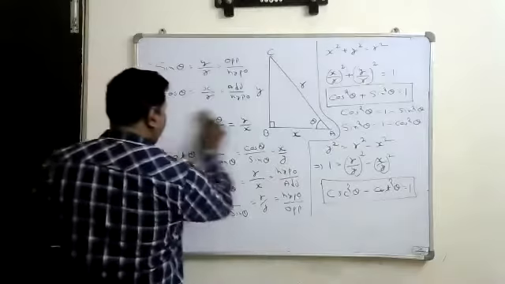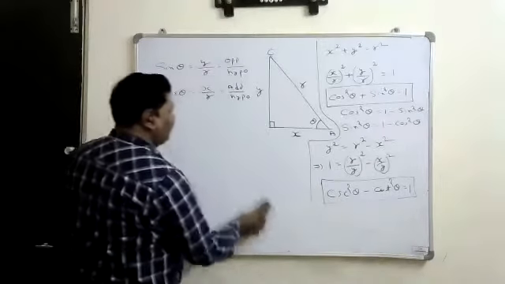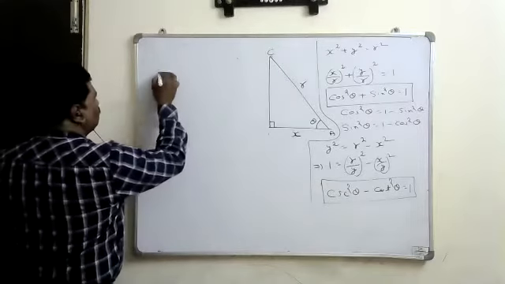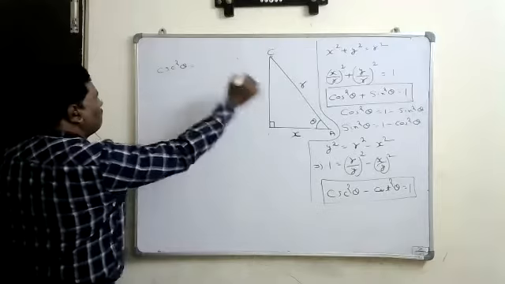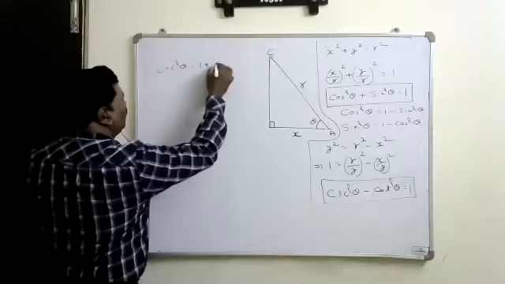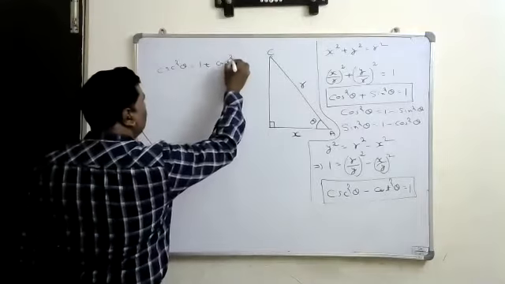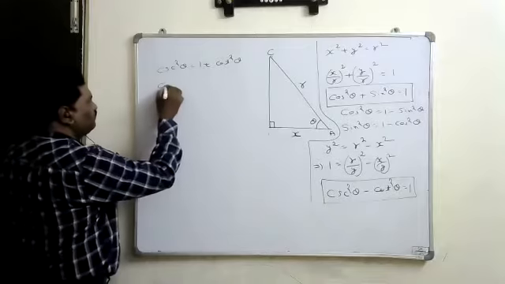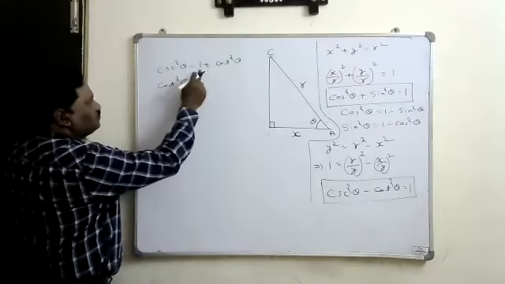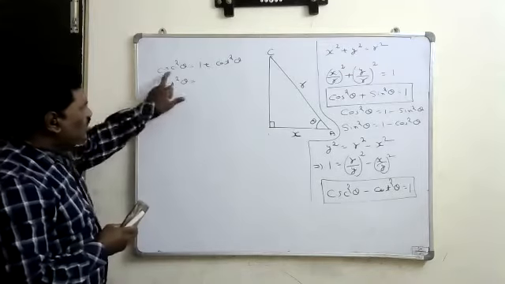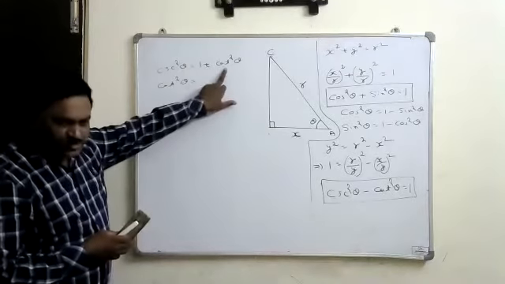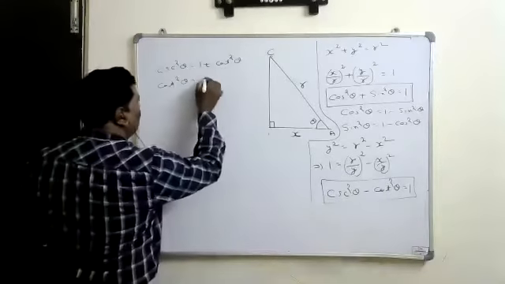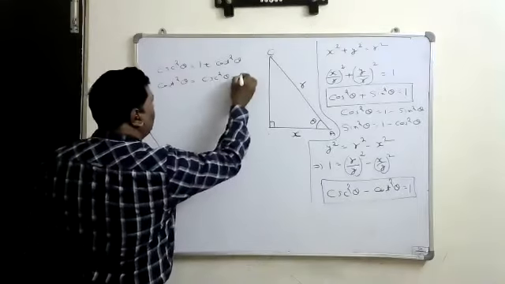Okay. Now further, you can also write it like this. From this identity, what is the value of cosecant square theta? 1 plus cot square theta. So cosecant square theta is 1 plus cot square theta. Similarly, what is the cot square theta from that? Look here, cosecant square theta is 1 plus cot square theta. I want the cot square theta, so cosecant square theta minus 1. So this is the cot square theta value.